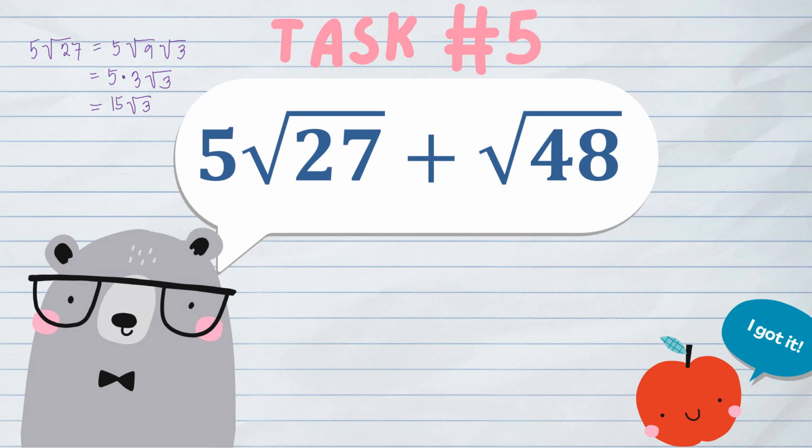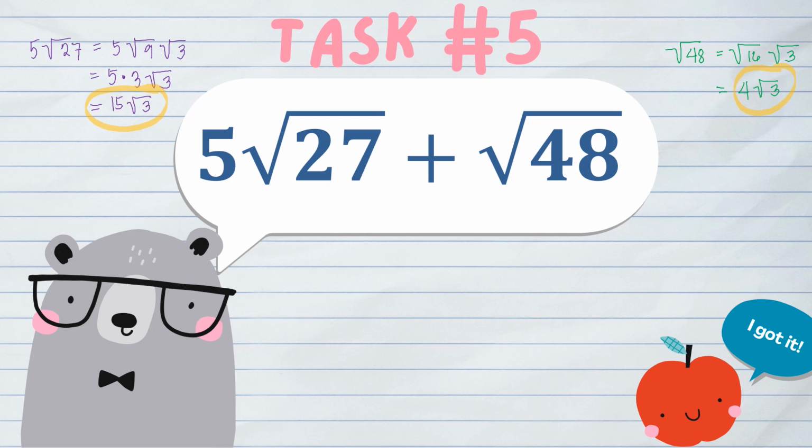Alright, we set aside this for the meantime, and let's proceed with the other one. So square root of 48. And we all know square root of 48 is equal to square root of 16 times square root of 3. And square root of 16 is 4, so simply copy square root of 3. So that means we both have these simplified radicals coming from 5 square root of 27 plus square root of 48.